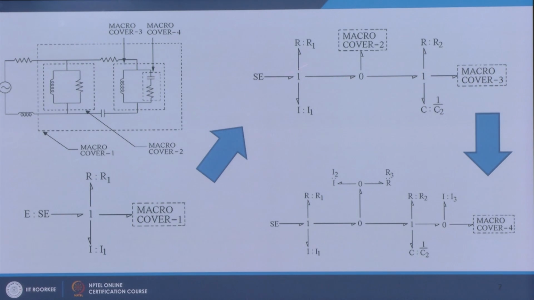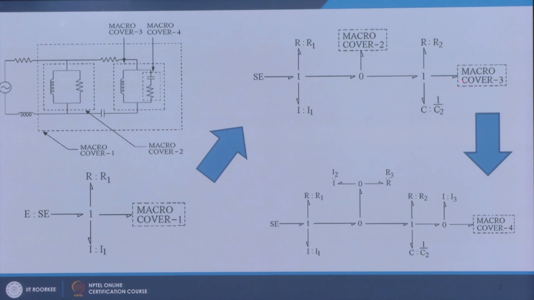So, what we do is that first we put a 0 junction here and put macro cover 2 and whatever components are there, and then I open up this macro cover. So, we have the R2, macro cover 3 and this capacitor in series. So, I put a 1 junction here,